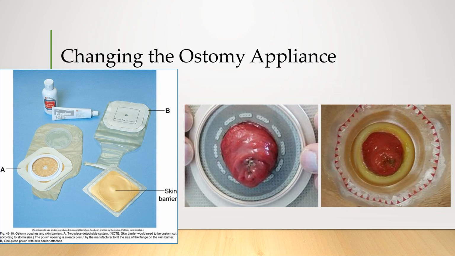The benefit of two-piece appliances is they can be customized to fit irregularly shaped stomas easier than a one-piece appliance. Sometimes the appliance can't be made to fit a stoma perfectly, so we need to use stoma paste to help create more of a barrier between the stoma and the appliance barrier. This first picture shows different types of appliances. The second picture is showing a well-fitting barrier on a stoma that is protruding. And the third picture shows a barrier attached to the skin with a ring of yellow paste around the stoma. The paste is stopping any stool from touching the skin.